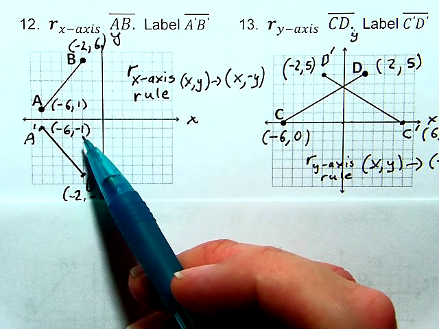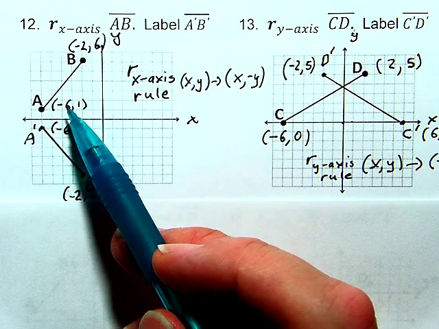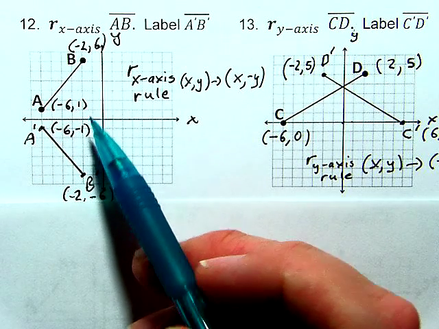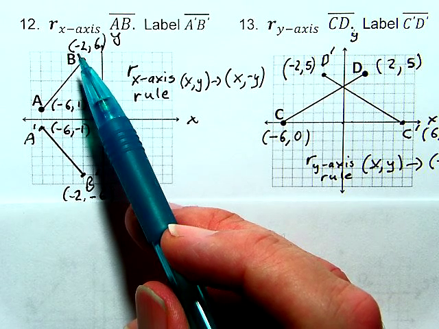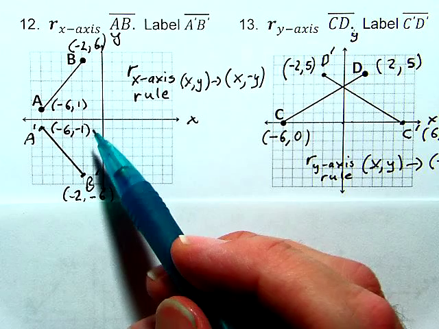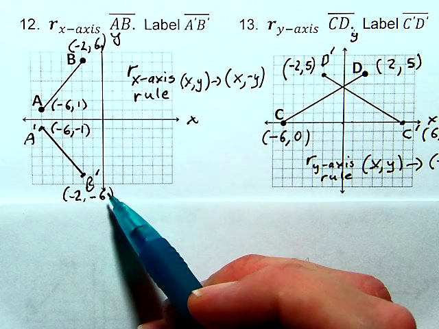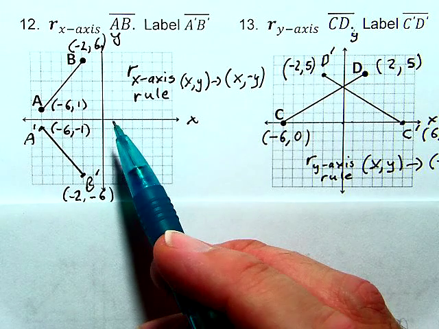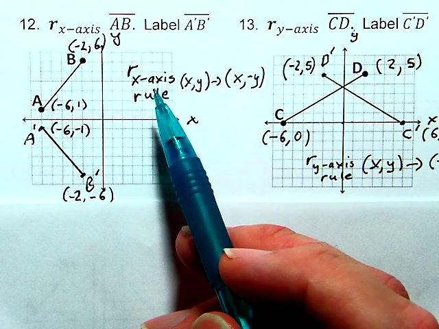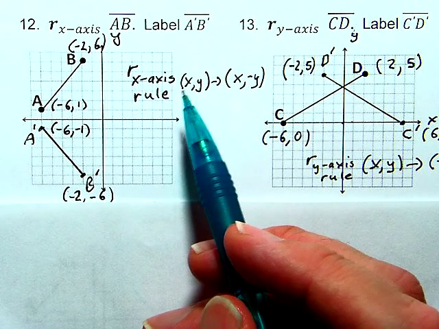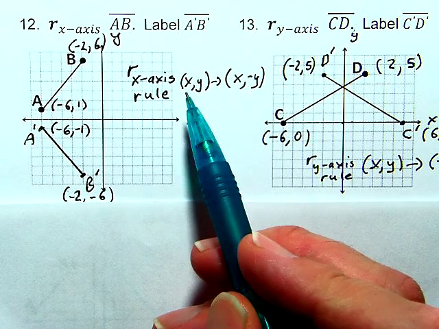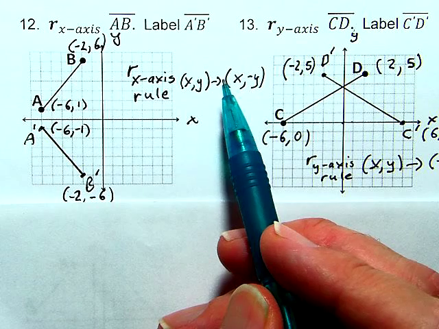-6, -1. So the x-coordinate stayed the same, but the y-coordinate was multiplied by -1. The sign changed. And here for point B, the pre-image was -2, 6, and then the image after the reflection was -2, -6. So just like reflection over the line y = x, there's a rule for reflection over the x-axis. And the rule is that (x, y) becomes (x, -y), meaning that the x-coordinate stays the same, but the